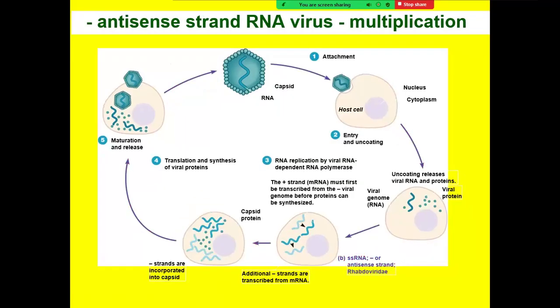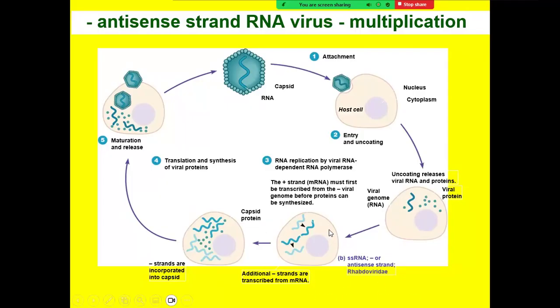If it's a negative single-strand RNA virus, once again, it has to attach to the host cell and enter the host cell by either endocytosis or by fusion of the cell membrane to the viral envelope, if the virus has an envelope. The viral genome will then be brought into the cell. The negative sense RNA will make positive single-strand RNA, and the positive sense single-strand RNA is used to make more of the negative genomic RNA of the virus.